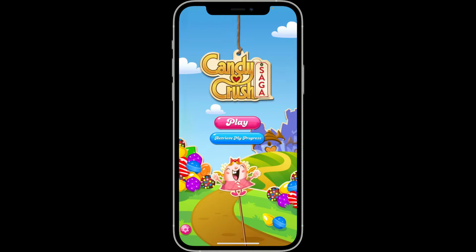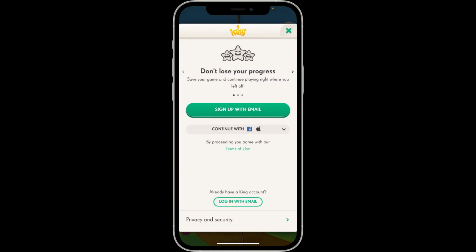Soon after you launch the app open, you will come across this interface. To log into Candy Crush Saga with Facebook, tap on Retrieve My Progress button in blue. Now you will come across this interface from where you can easily choose your login method. To log into Candy Crush Saga with Facebook, tap on this Continue With button, which will bring up the Facebook